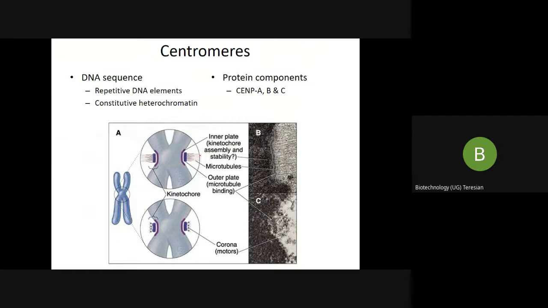So the kinetochore proteins act as molecular motors that drive the movement of the chromosomes along the spindle fibers during the anaphase. You know that during the anaphase, the chromosomes are pulled apart by the spindle fibers. That is why, when they are pulled apart, they look V-shaped. That is what we said about the metaphase chromosome.